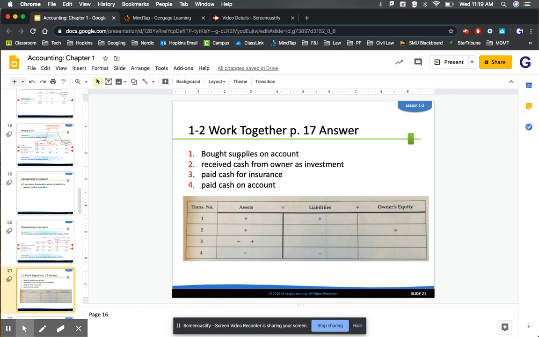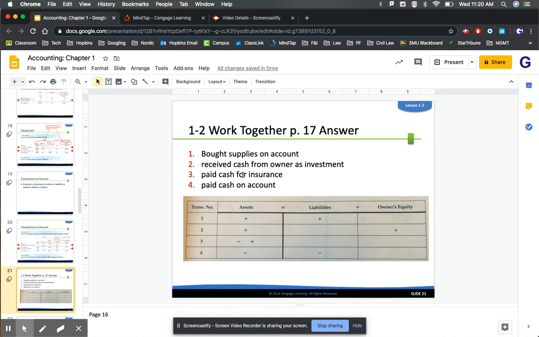So what happens when you buy supplies on account? Well, buying supplies on account increases the assets because supplies is an asset category, and so you're going to classify that under the assets. That's going to have a positive thing there. But they're buying it on account, which means they're going to owe somebody money later. So supplies goes up here, and also liabilities goes up because it's going to be an accounts payable thing there. So receive cash from owner as investment. That goes back to that first part when Michael Delgado invested some money. If you receive cash from the owner as an investment, owner's equity goes up. The equating transaction is also assets go up because cash is going to go up.